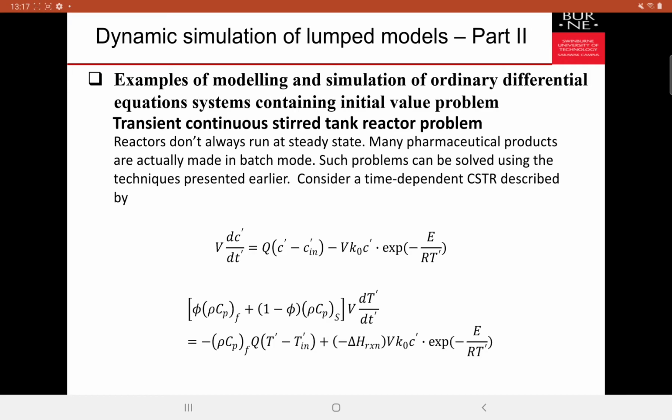previously, there needs to be a strict batch-to-batch quality monitoring, and also relatively small quantities are required. That's why batch mode will be favored much more than the continuous mode. So for this particular